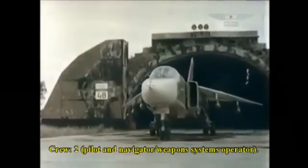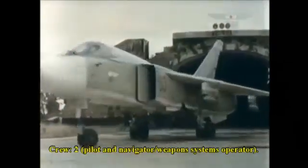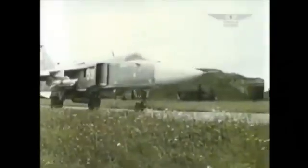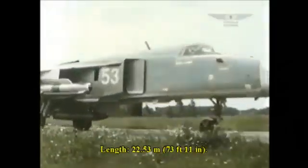Now, just so you guys know, I don't always, but usually I get the general specs here from Wikipedia. From what I've seen with other sources, the information when it comes to the general specifications on Wikipedia seems comparable. Okay, crew 2, a pilot and navigator or weapon systems operator, or WSO, length 22.53 meters or 73 feet 11 inches,